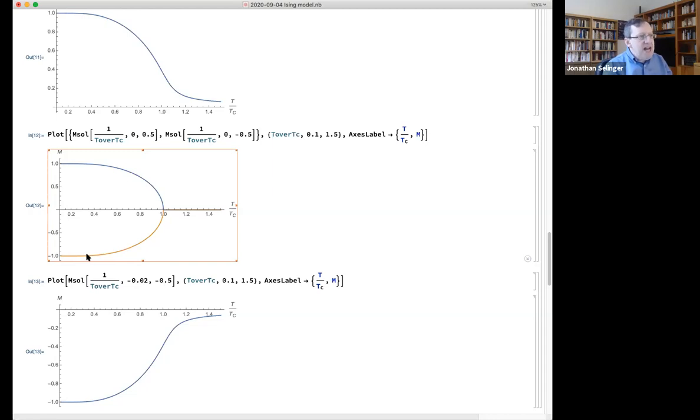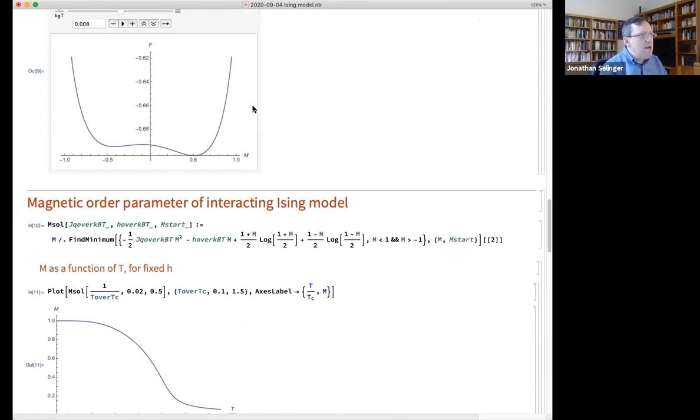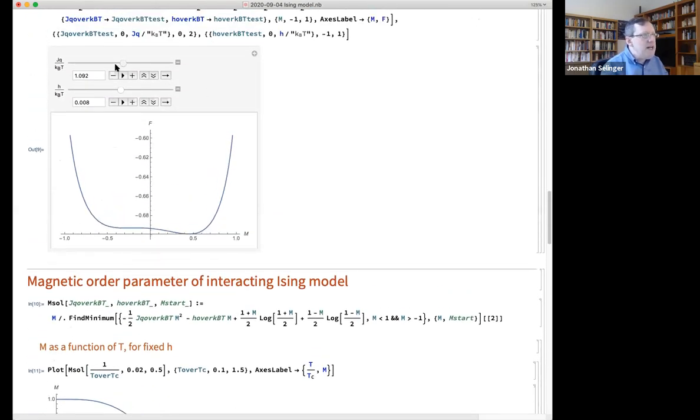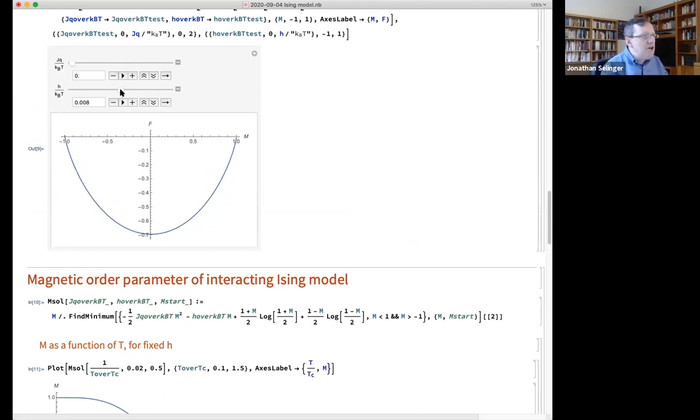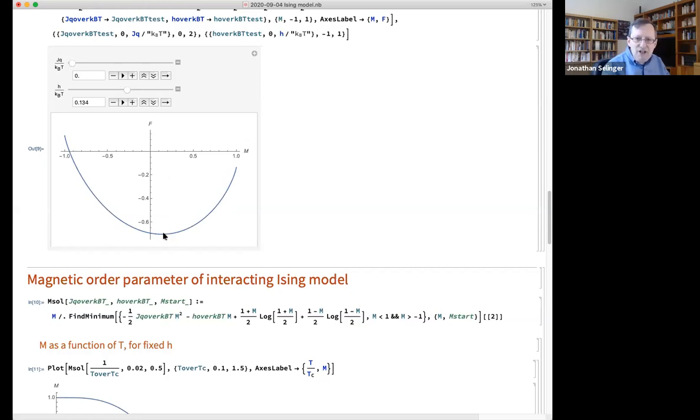Okay, that is the solution when there's zero field. What if there's a positive field? Well, if there is a positive field, then at any high temperature, there's going to be a little bit of order. And we could see that from a plot like this one. Even at a high temperature, if you have a little bit of an applied magnetic field, then you get a